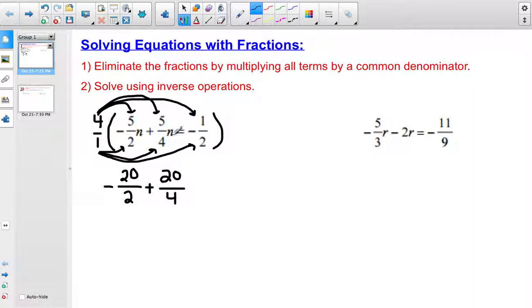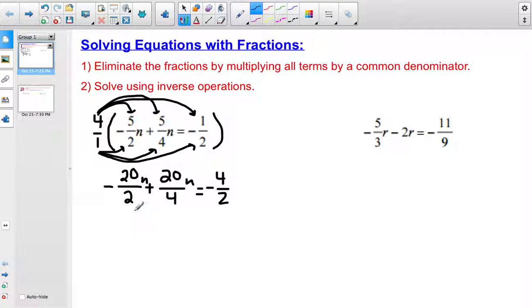I also have to include the variable n by each of these. So each of these has an n. And then I put my equal sign. 4 times 1, 4. Can't forget there's a negative next to this fraction. And 1 times 2, which is 2. So far I still have fractions, but all of these fractions can be reduced by dividing, and then they will